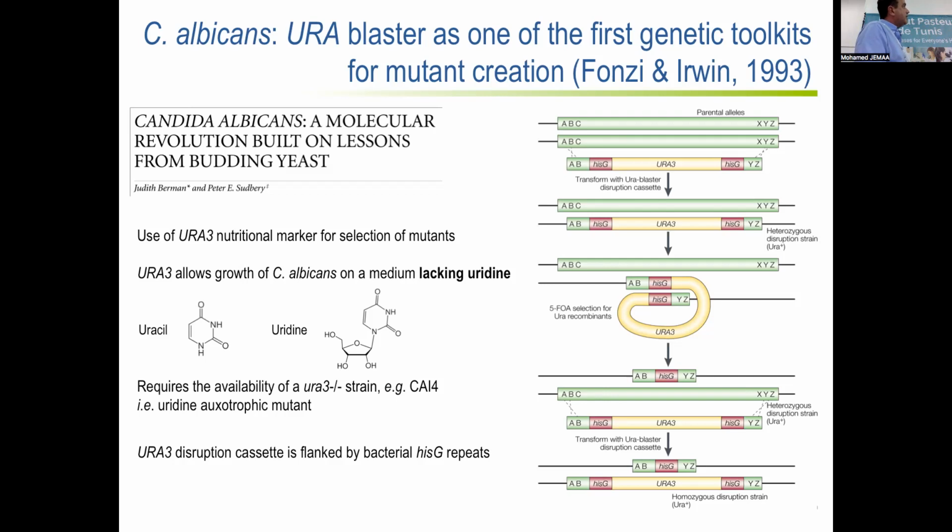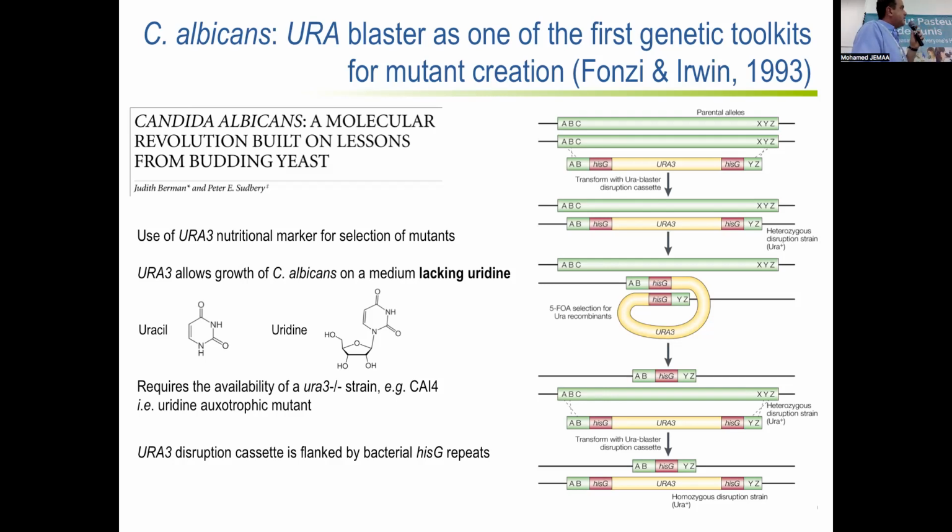You can see here that we PCR amplify a cassette containing the URA3 marker. There are 2 copies of a target gene that we would like to knock out, to remove from the strain. And you flank the URA3 marker by sequences that are homologous to the target. You transform the CAI4 strain, and a homologous recombination occurs. So you integrate the URA3 marker, and then an intramolecular recombination occurs between the direct repeats of the hisG